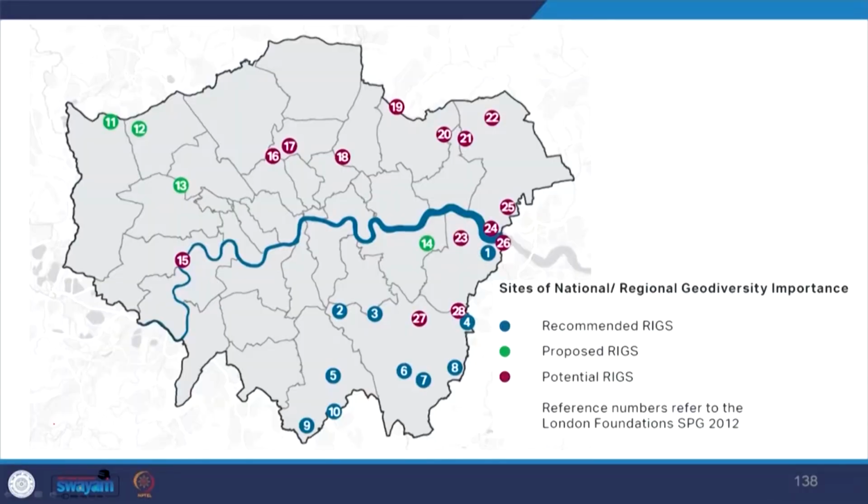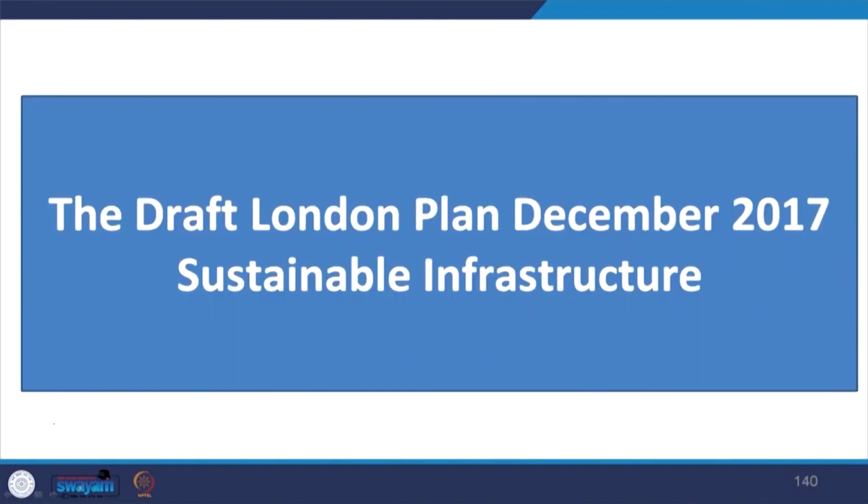Further, we see that the master plan targets to promote food growing and integrates it with the local area planning. We also see that they identify geodiversity and align it with the local area plan accordingly. Further, they have prepared the plan for sustainable infrastructure. We look at the components of the sustainable infrastructure.